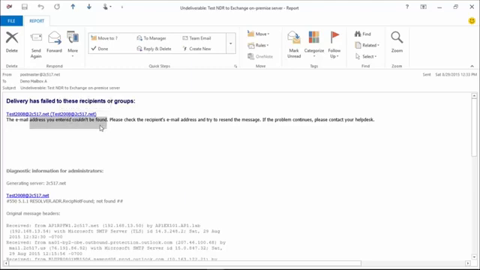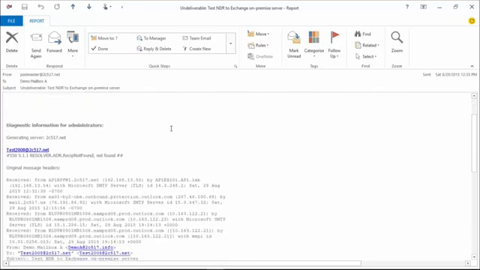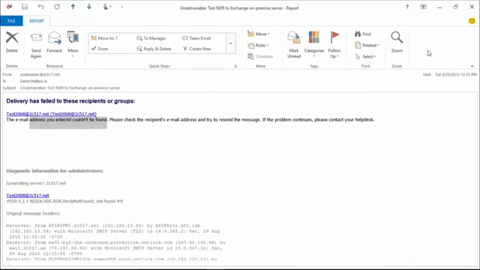Well, I know because I'm an administrator of this domain as well, that there is no test 2008. It's actually test 2007. Okay. So I just changed it a little bit, but again, this could just give you an example of how to troubleshoot the issue. So again, this is some of the NDRs that we can get